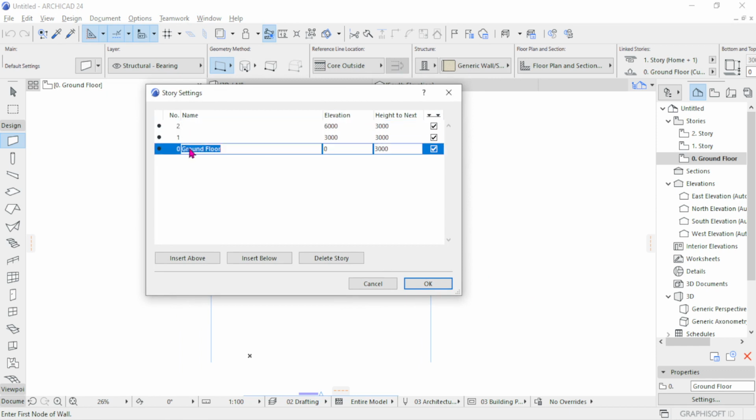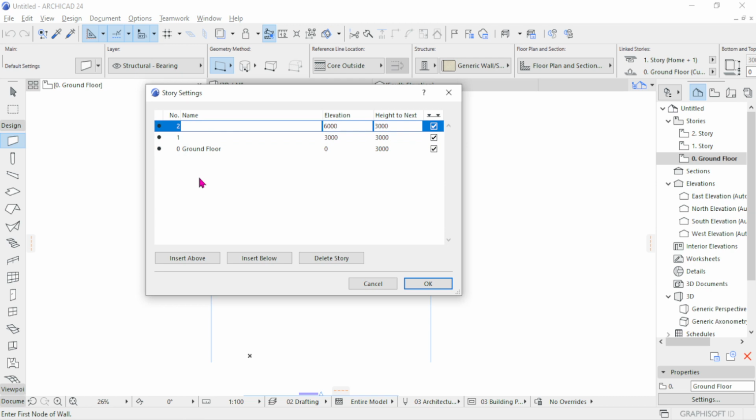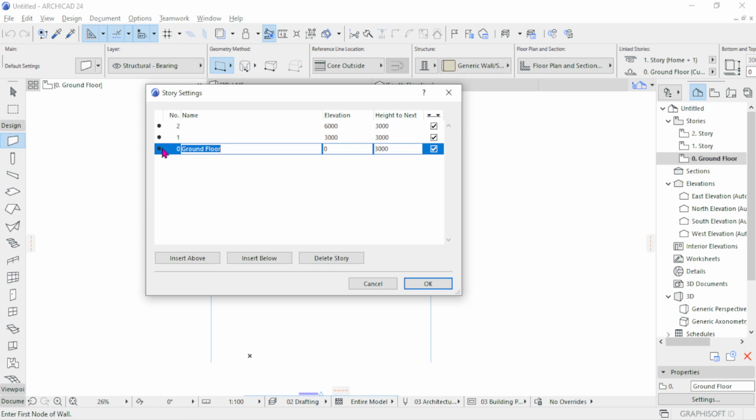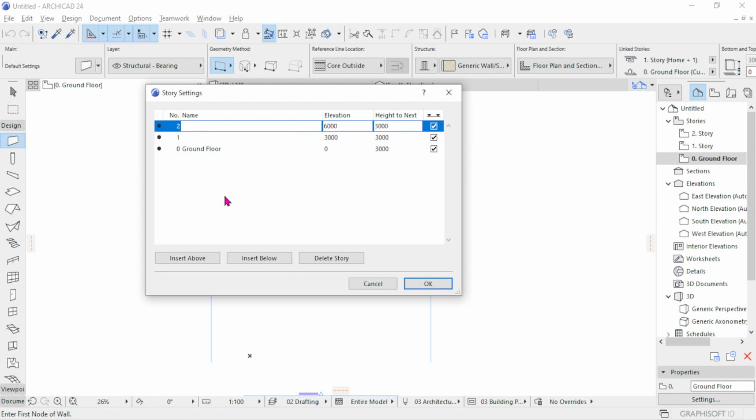Now as you can see, by default this is what we have. The first one is 0 ground floor. This one is named for you, and there are the others, of course. We are going to start with seeing how we can add additional stories. Assume what you want to model is actually a 5-story building. In that case, you could click on this second one and then insert above. So the third one will be inserted, the fourth one will be inserted, and the fifth one will be inserted